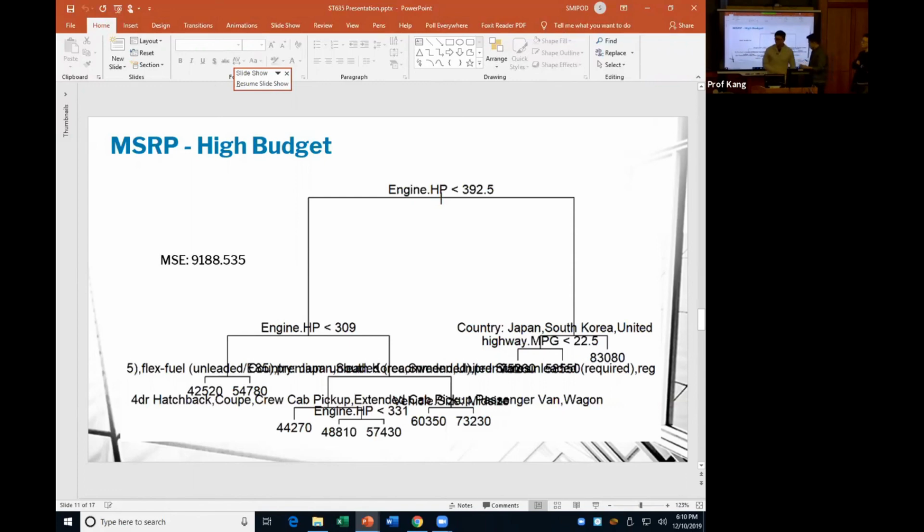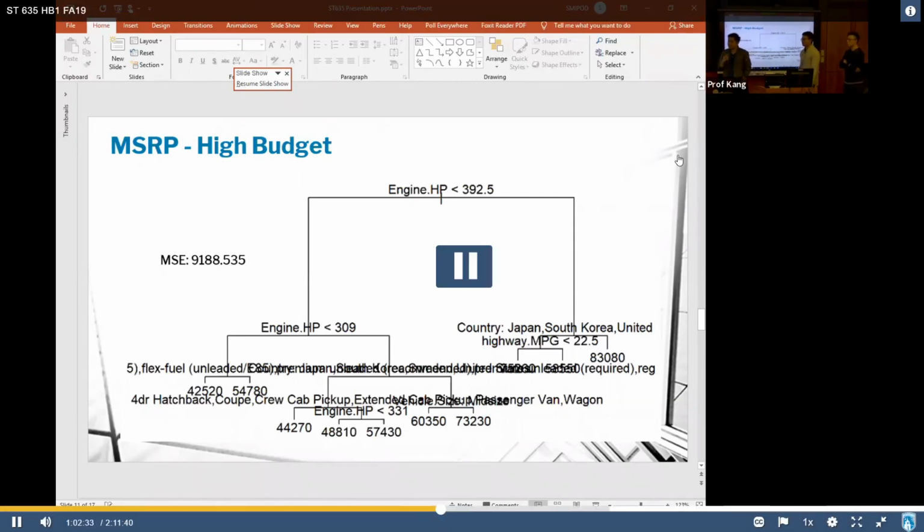Just one comment before you move on. We see a clear deterioration in model performance as you move from low budget to mid budget to high budget, right? Yes. So does that mean if people want to buy a cheap car,